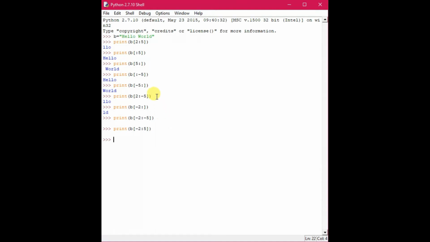For one example, you can see b[2:8] and see what is coming. You see llowo, that means from 2, it is going 0, 1, 2, llo, then wo, that means 6 characters. 1, 2, 3, 4, 5, 6, quite rightly it has been printed.